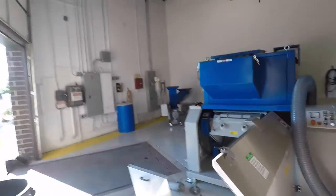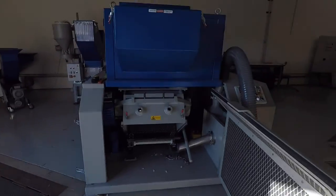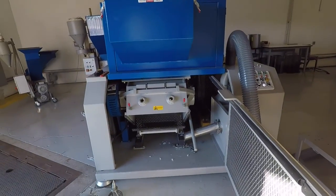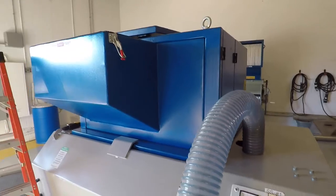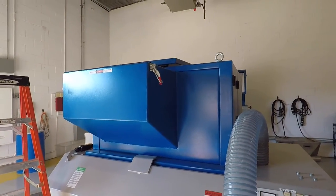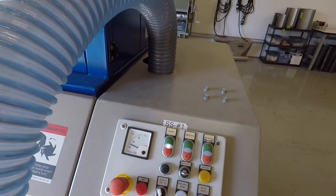So what I'm going to do is lock it up, put the screen in, put the bin in there, and then get the machine running. All right, we're going to start the machine now. It's a fairly simple machine to start, the GSC 300, 600. It's just a simple start for the blower,